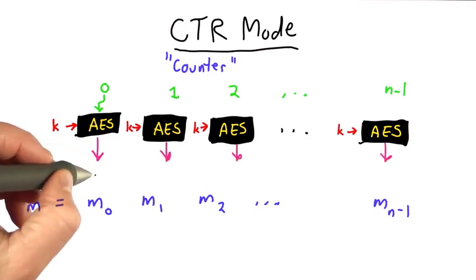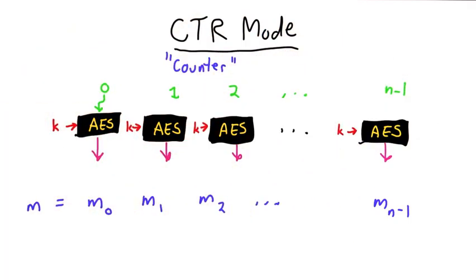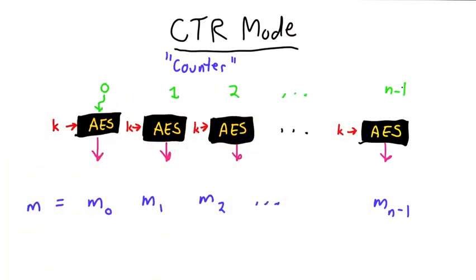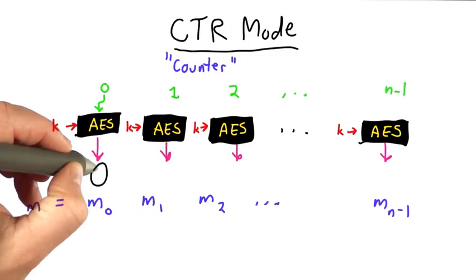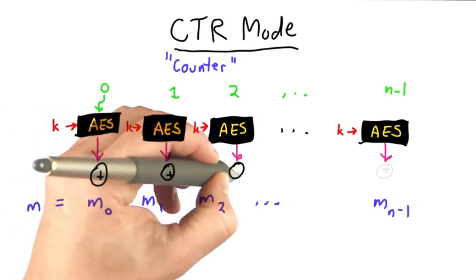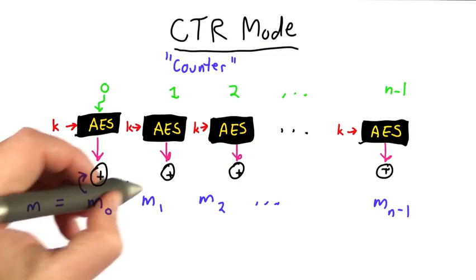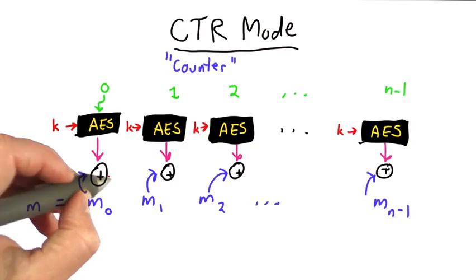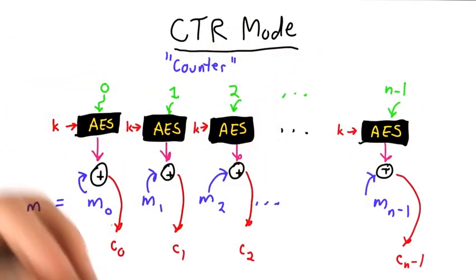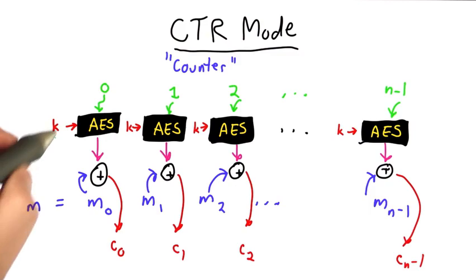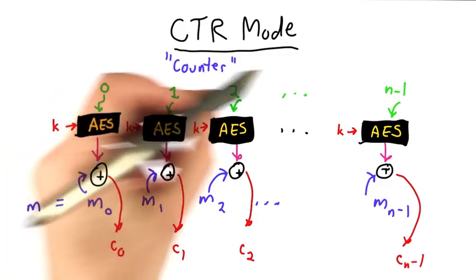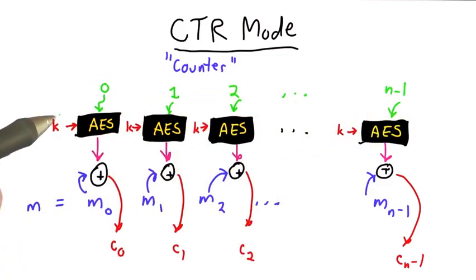So far, none of this has anything to do with the message. We've just encrypted the counting values from 0 to N-1. What we're going to do is XOR the outputs here with the message. So the message blocks go into these XORs, and what comes out is the ciphertext blocks. If we did it just like this, we wouldn't have quite as much security as we would like. We'd be vulnerable to attacks that search the space of counters. We'd also be vulnerable because we're using the same sequence of counters for every file that we encrypt with the